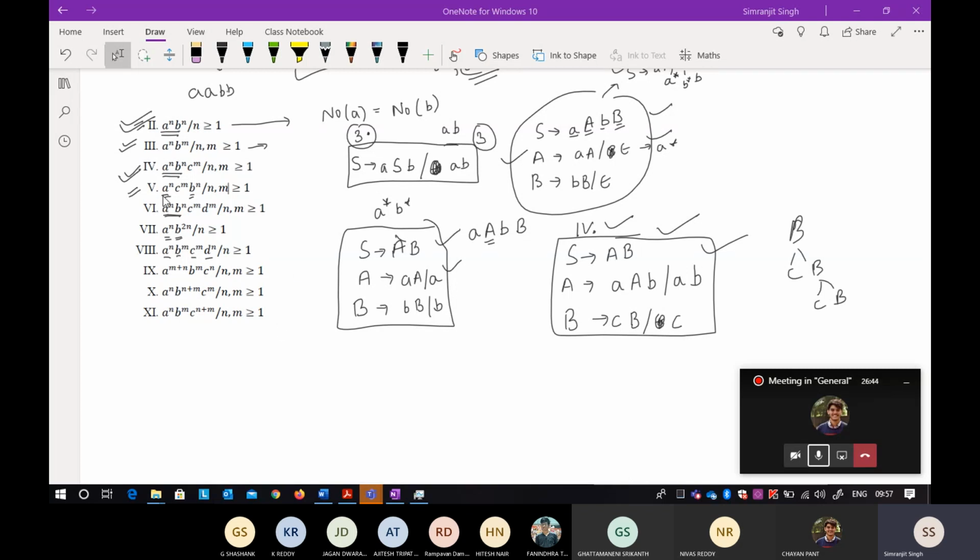Okay. So if you're seeing there is a little bit of a problem in that, what will you consider to make a balanced tree? You have to take aSb. That is absolutely correct. But in between there is a c raised to power m. So what you do, you start with the starting symbol. So for balanced tree, you can take aSb. So number of a's and number of b's can be equal. But if you're seeing the value of c is greater than or equal to 1, so at least one c is required in that.